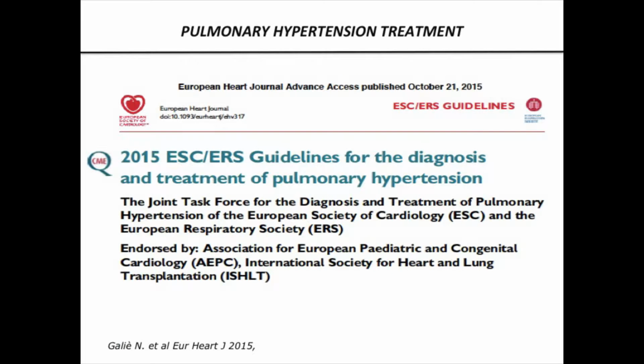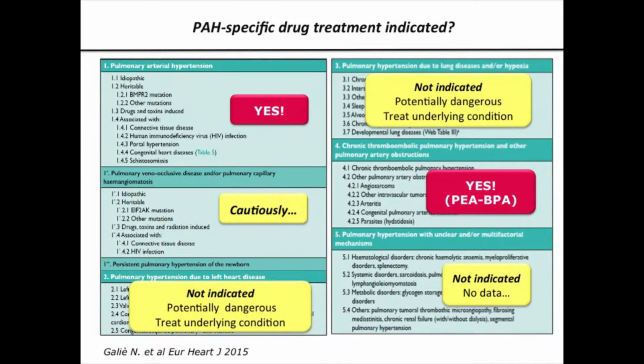So I'm going to talk about the evidence, and I'm going to use the recent guidelines from the ESC and ERS, a recent guideline that was released only a few months ago, to look at the evidence for combining treatment in pulmonary arterial hypertension. Now, to start with, going with the first talk about the different groups,